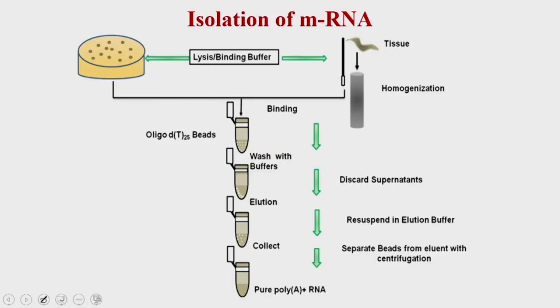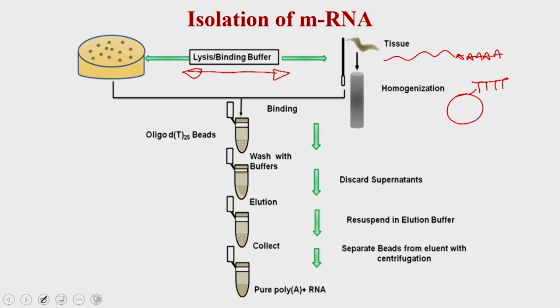For that, first you isolate the cells, then you put them in lysis buffer, and that lysis buffer is going to lyse the cells and release your messenger RNA. So, imagine that you have isolated the messenger RNA, which contains a poly A tail. Then you take the agarose beads, and all these beads are going to have a poly T